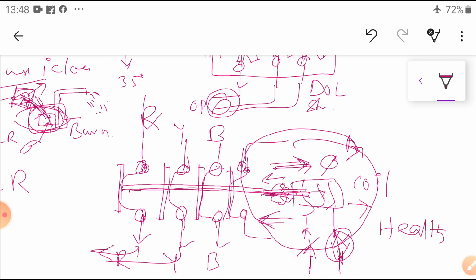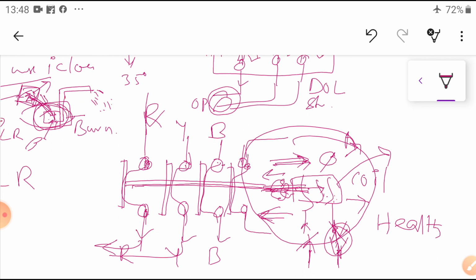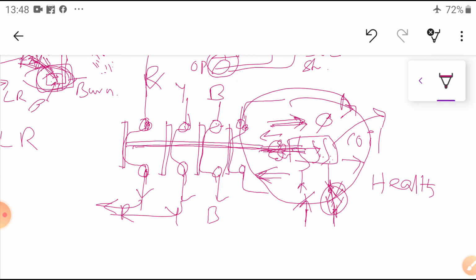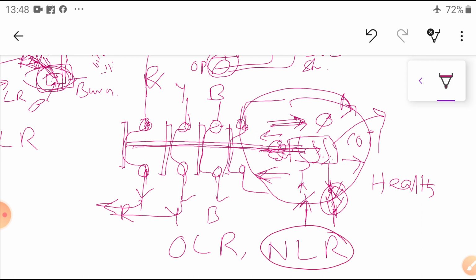Okay, let us see that one. Here your aim is to provide the supply to the coil. So this is called the main coil. Dear students, the OLR and NLR coils are common in a dual starter, star delta starter or soft starter, anywhere.